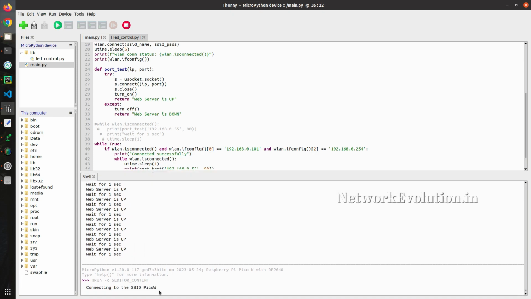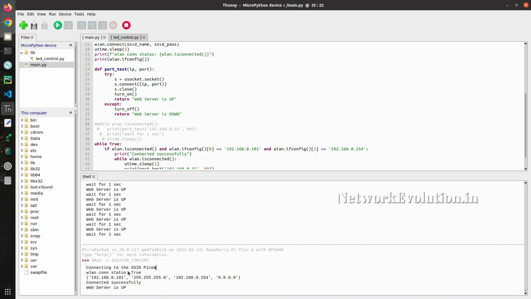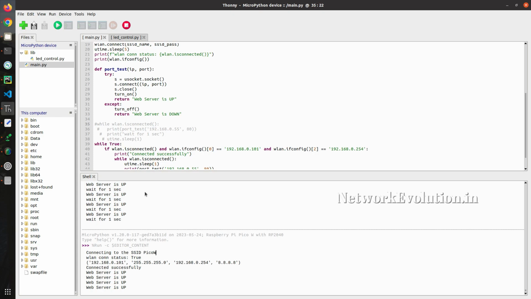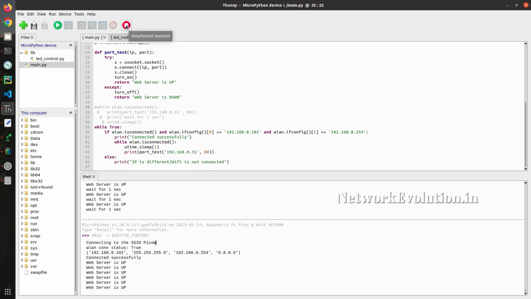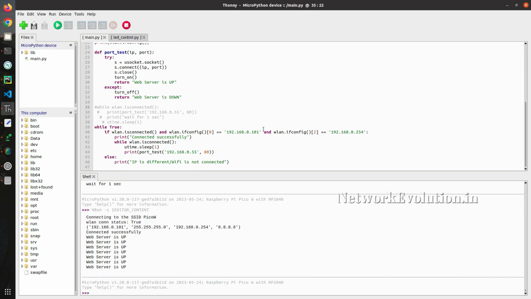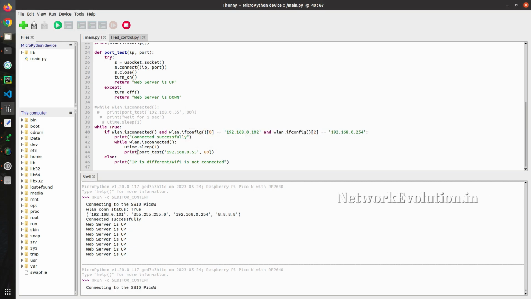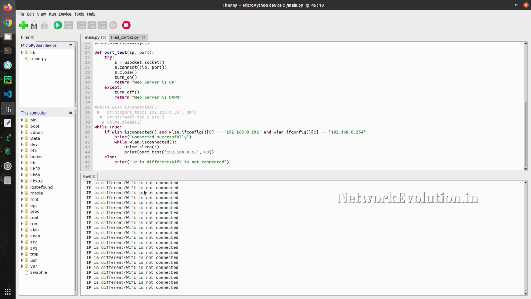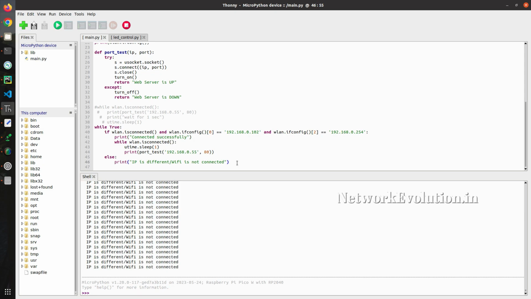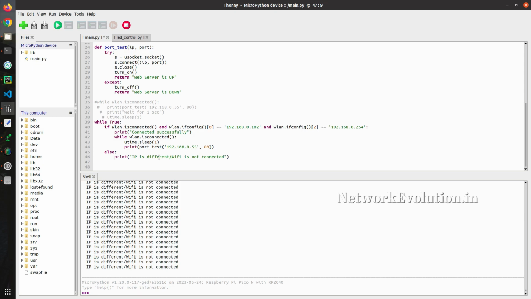Now this is trying to connect to the wireless and it got connected successfully and it is monitoring the server. I'll stop this, and here if I change this to another IP, it will come into this particular else condition, and this is in an infinite loop. So what we can do here, we will do time.sleep, then maybe a 3 seconds delay,